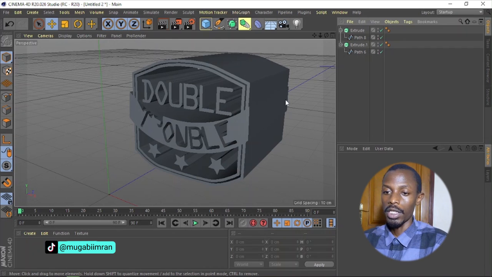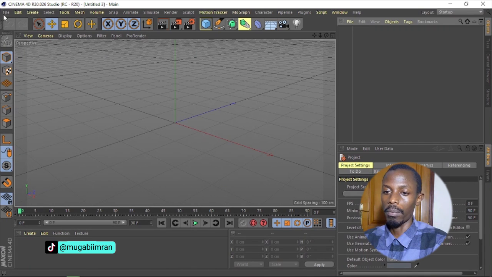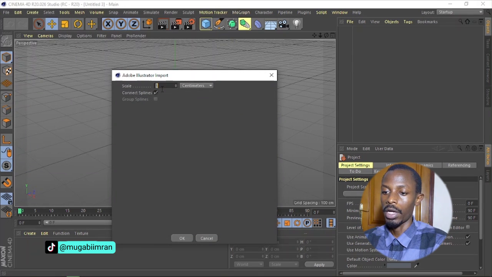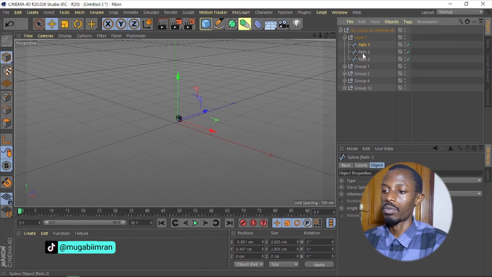So let's create a new file, and then let's go back to file, merge, bring in the Illustrator file, and this time untick connect splines. Click OK. So now we can open up this, and you notice everything has been broken down in two parts. You can zoom in